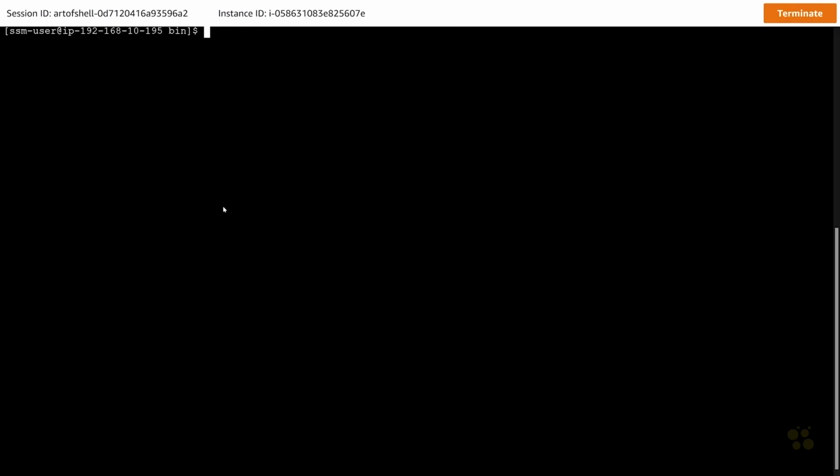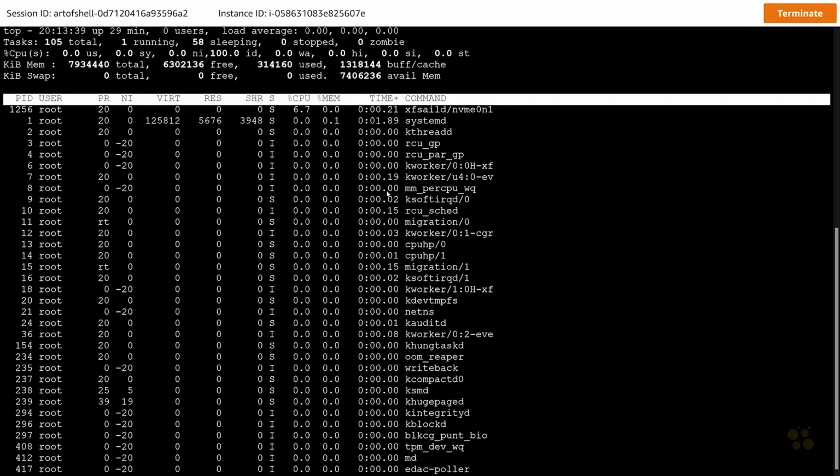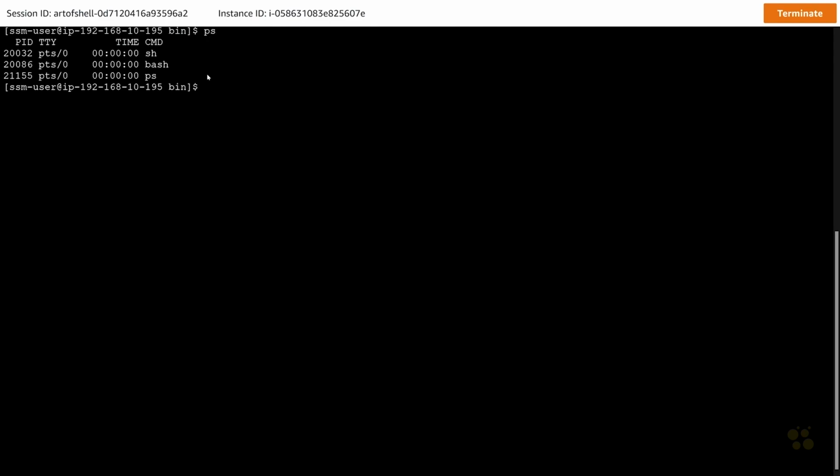And then at this point, once you have a shell on that remote VM, you could do sudo systemctl status on the kubelet service, and oh, check it out. It looks like it's inactive. So this right here is the indicator that the kubelet is not running on the system. Again, you could run top and just look for kubelet in the list of processes, or run a utility like ps, for example,